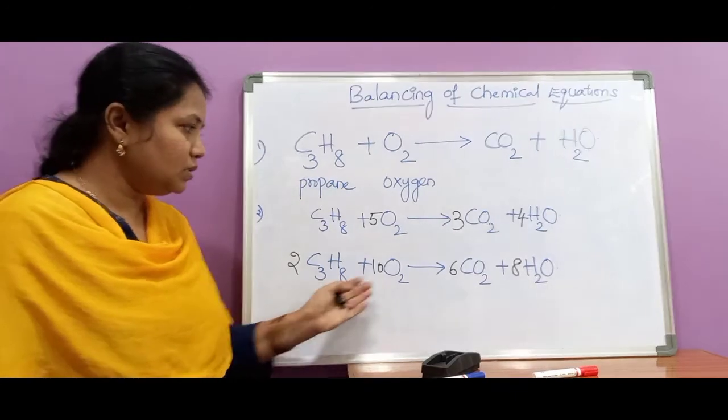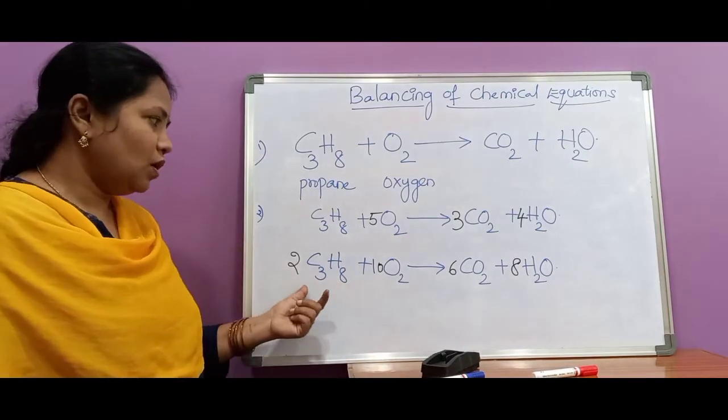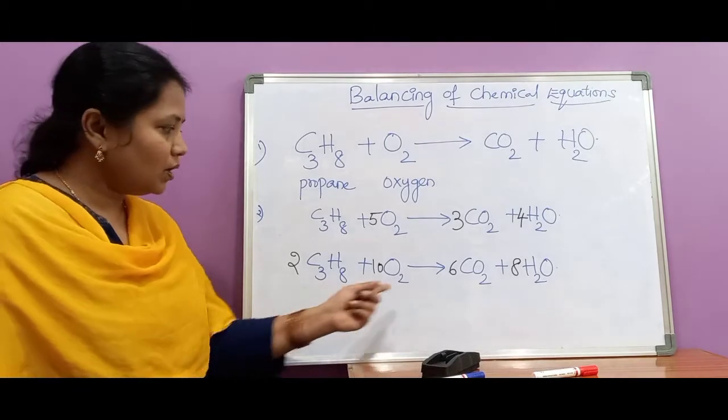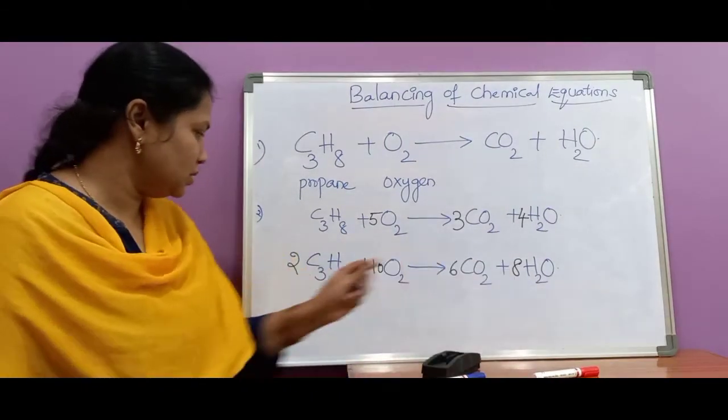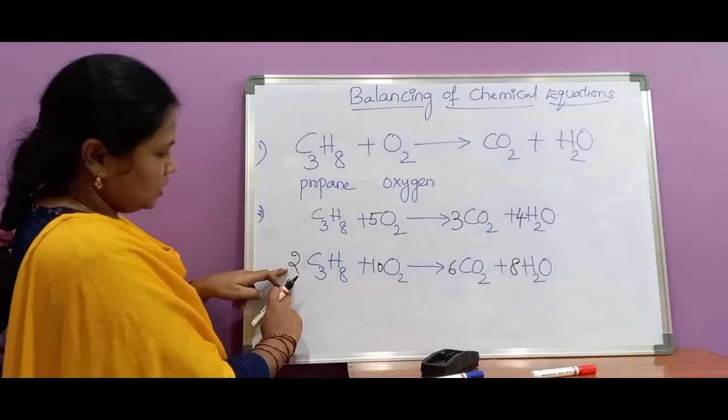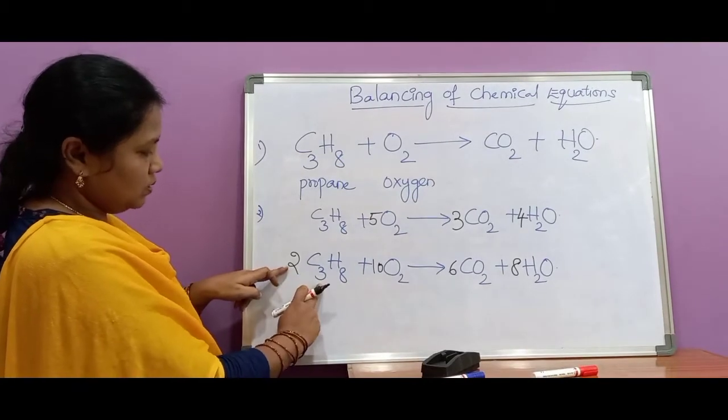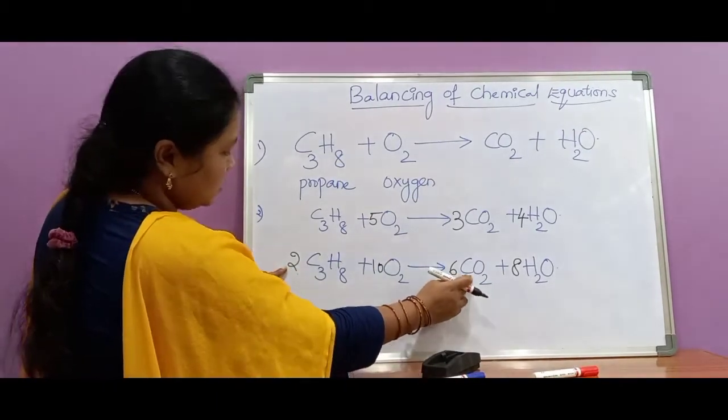Now, he said that this is also a balanced equation, and asked why it is not correct, madam. I said, why is it not correct? Here also, these coefficients are there. You see, according to these coefficients, carbon atoms number is 2 threes are 6. Here also 6 C are there.